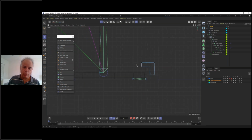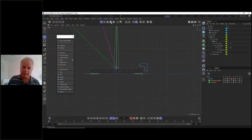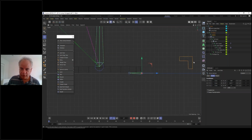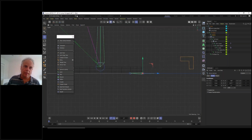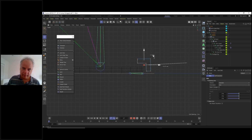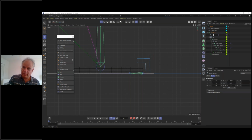So when I created that, you'll see that right now I'm in point mode. If I go back to model mode, you'll see that its null is in the center of the world, even though the points are over here. I'm going to take that null and put it under the tilt back bone. I'm going to zero out its coordinates, which brings it over here, and it shifted the points over here, but it's exactly over that bone. Now I'm going to go to point mode, select the points of that controller, and move it back. So now we've got this, and I'm going to call it tilt back